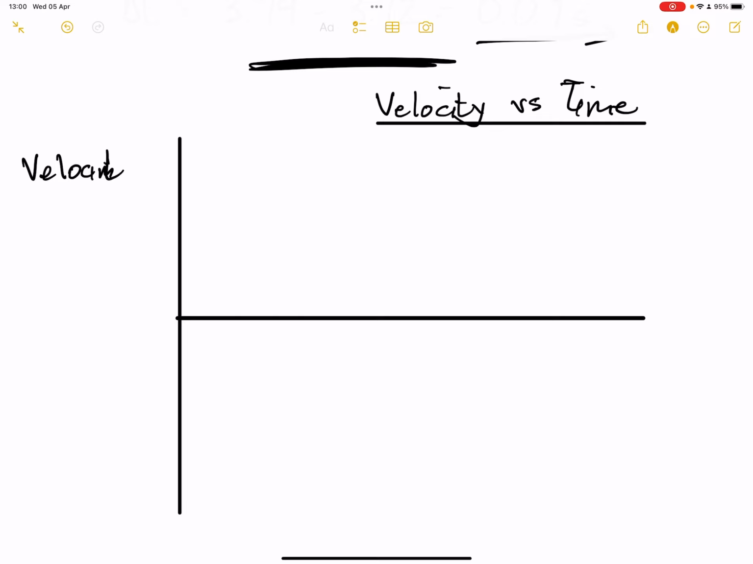So that would be a velocity versus time graph. Let's just write that nicely. In this case, I know this would be velocity here, and that's in meters per second. Please don't forget to write down the SI units. This is time, and this is in seconds. Right, so all I'm going to do, ladies and gents,